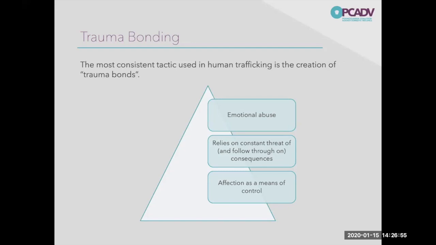And with trauma bonding, the bridge here is affection. This is where that means of control really becomes consistent, because there's situations where you can gaslight someone. There's situations where you can threaten to beat them up if they don't do what you say. But in trauma bonding, there's also affection. There's a bond that's created that makes that person feel like, okay, I want to have the good stuff. I want to have that affection. I want this person to love me. I want this person to pay attention to me. And sometimes the real threat is simply the removal of that affection or the removal of that attention.